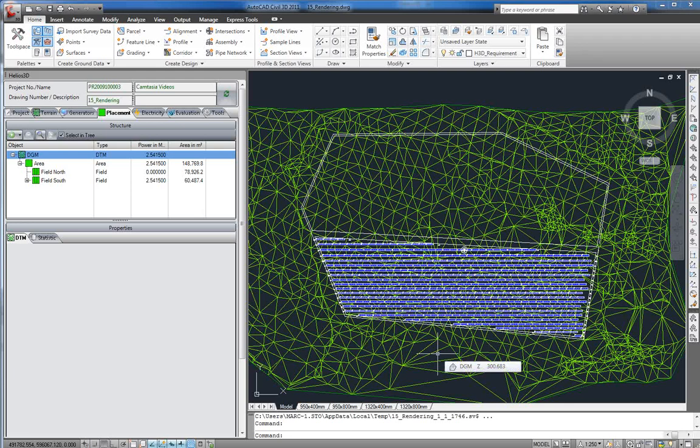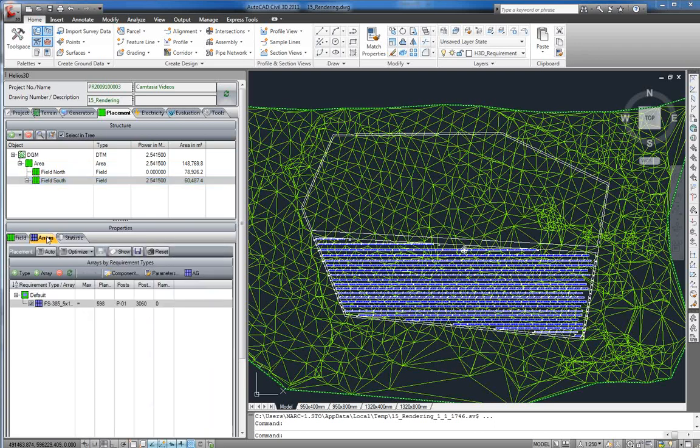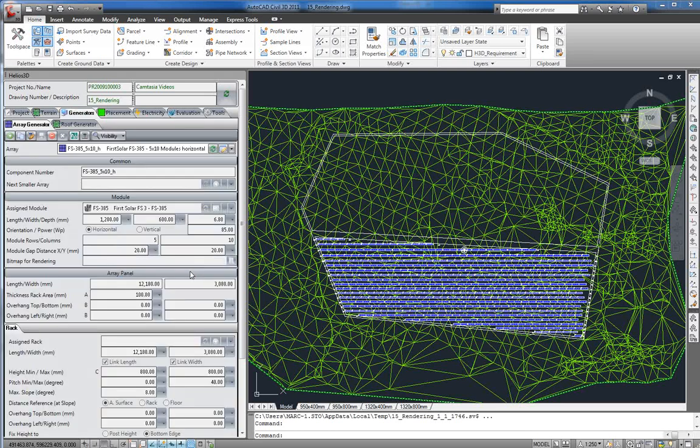Now we create a rendering for the placement of field south. First we need the textures for the modules. For that we have to open the array definition in Array Generator. So we select our field south, go to the Arrays tab, select the table definition and load it into Array Generator. Here we start editing mode,